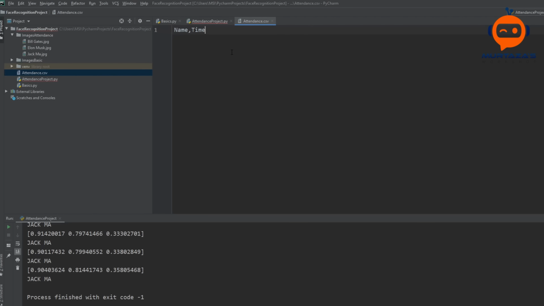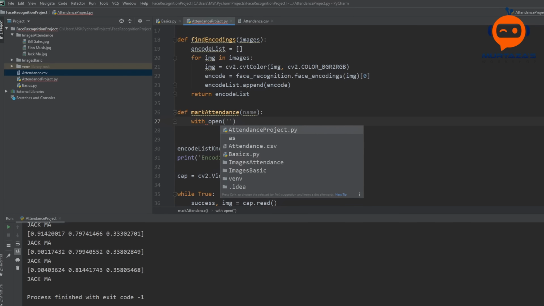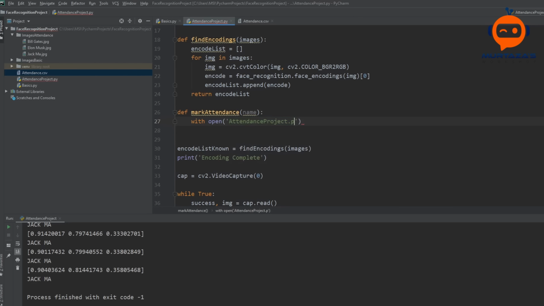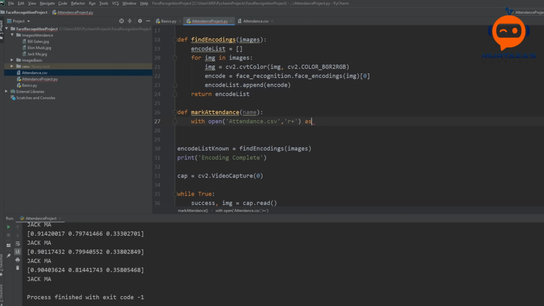Let me go back and save, and then we will go back to our attendance function, and over here we will open this file. So we will say with open, we are going to open attendance.csv, and we want to read and write at the same time. So we will say w+ as f.